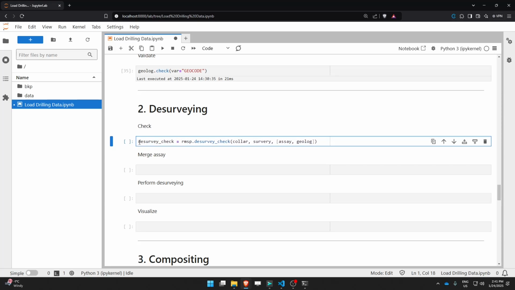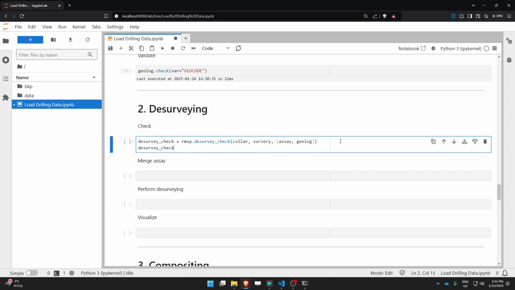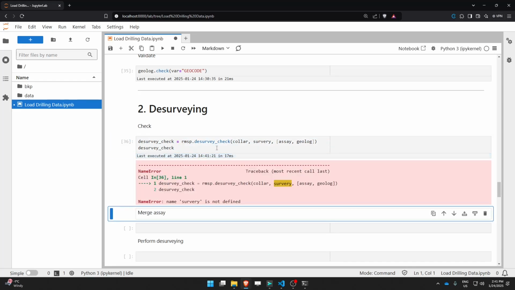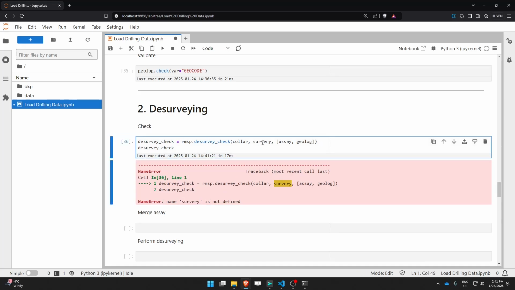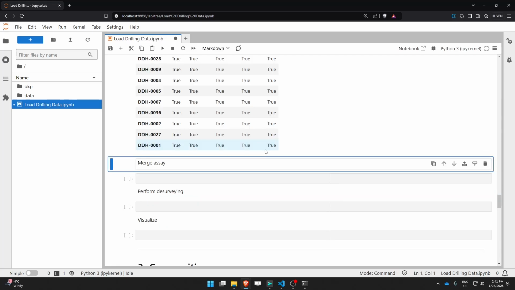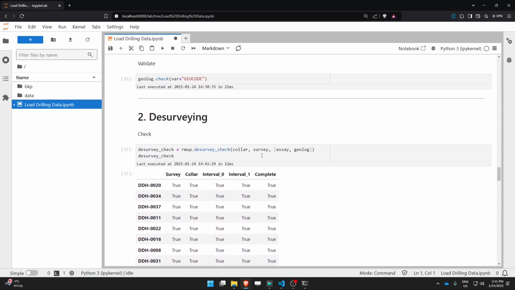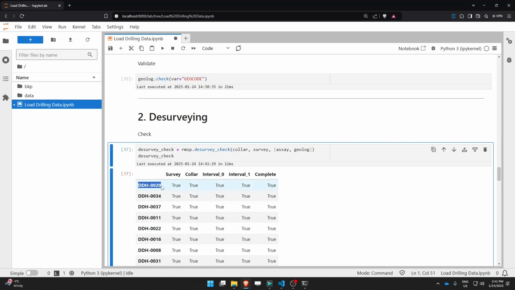check, and we can now do a describe. Now, before I do a describe, let's just take a look at the output. So if I run this, what have I done wrong? So the name is mistyped here, so it's survey. So there you go. The output of this function is a table where the indexes are the unique drill hole